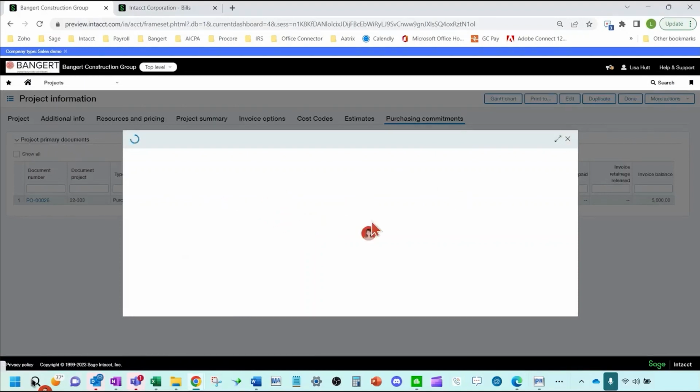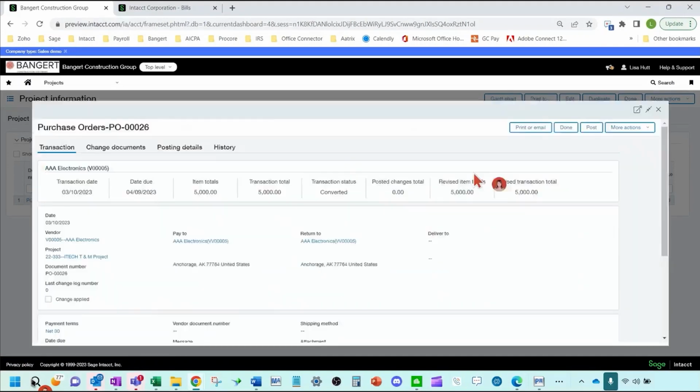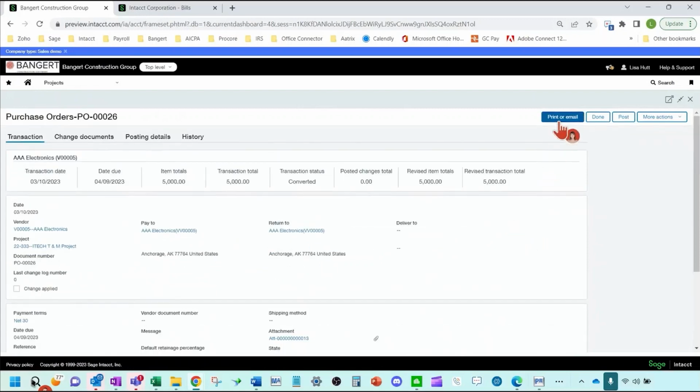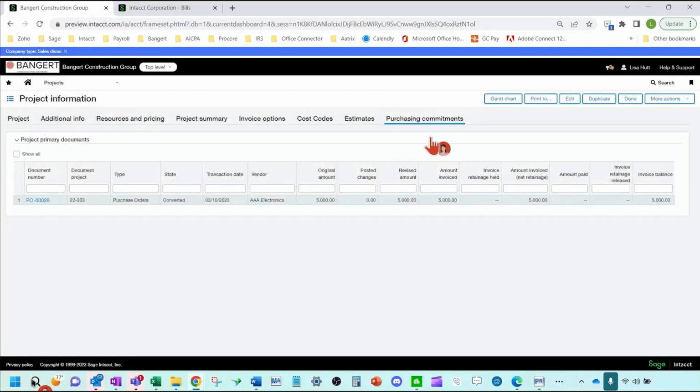Drill down to the actual PO record that is in the system. Anywhere that has an attachment, you can pull that up as well. You can actually print a copy of your PO if you want to, if your vendor lost it or didn't get it, for example. So just a nice new screen they've added here on the purchasing commitments on the actual project.